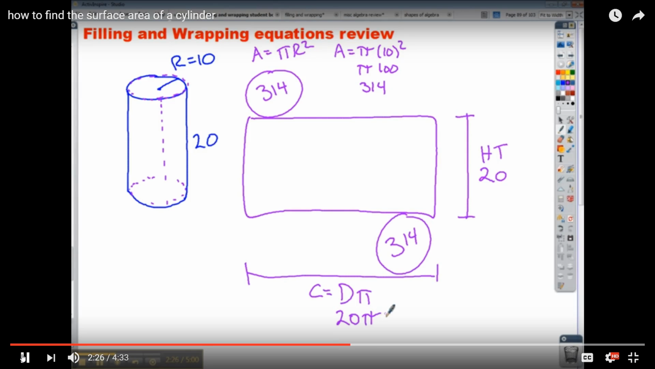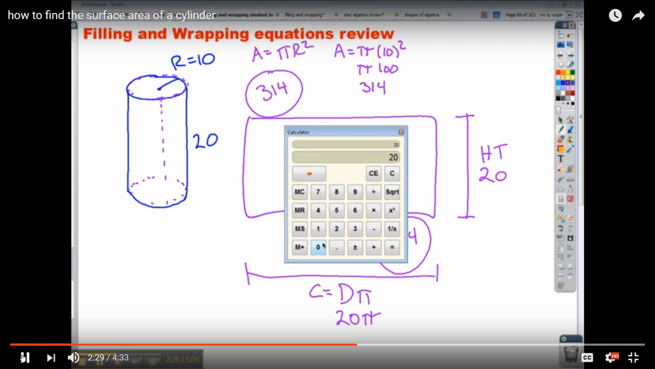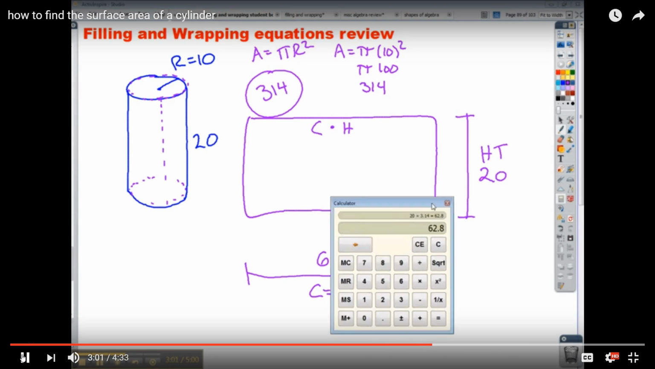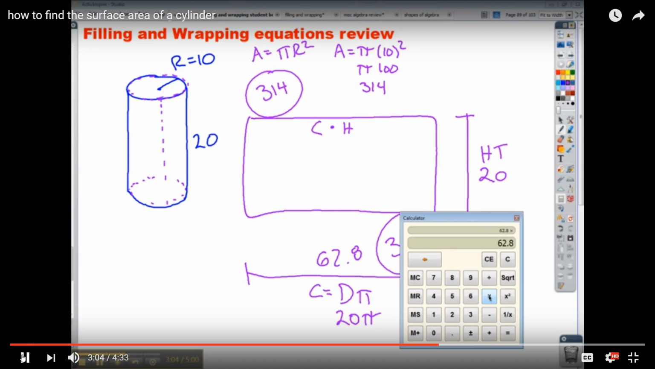So if I pull up my calculator and I multiply 20 times pi, I'm going to get 62.8, but let's do it again. 20 times 3.14, 62.8. So my circumference is 62.8. So to find the area of this rectangle is going to be the circumference times the height. I have my circumference, I'm going to multiply it by my height of 20. And so this area is